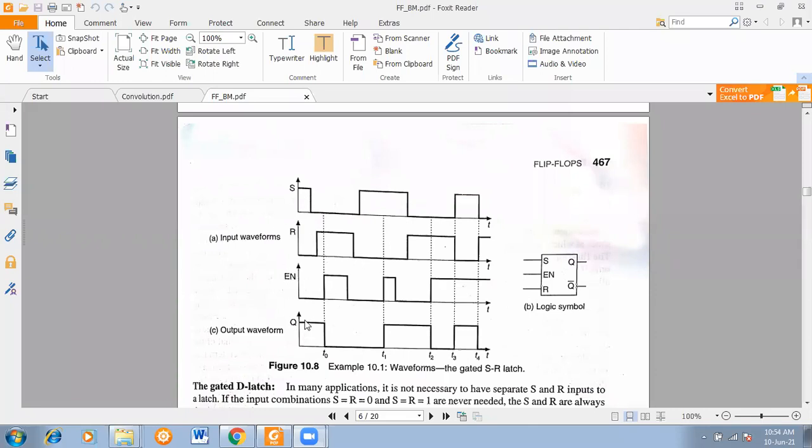input. I am repeating once again at the starting. It is an arbitrary start, so don't be confused about the starting point. Okay, because here S is equal to 1, R is equal to 0, but you don't worry about the input condition because the clock input is 0. So as the clock input is 0, whatever you choose, that will be the answer. You can make it 0 or 1, no problem, because initially the clock is grounded.